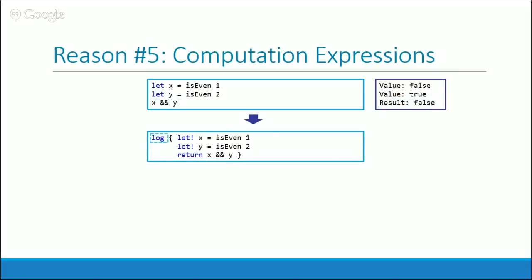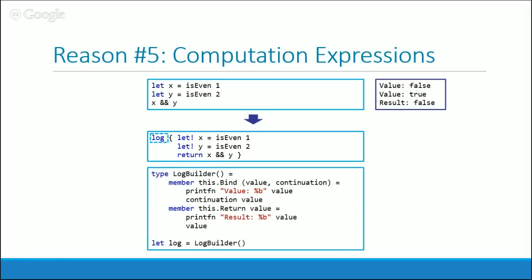And here I am creating a computation expression called log, that doesn't exist in F#, and at this point in time it won't compile because it's something that I am creating. But notice as well that I am wrapping all the code using curly braces, and I also changed it slightly by using let exclamation mark, or let bang, for each of the lines, and then I am using the return keyword at the end. So the next step is to create what is called a builder. That is what is going to handle that